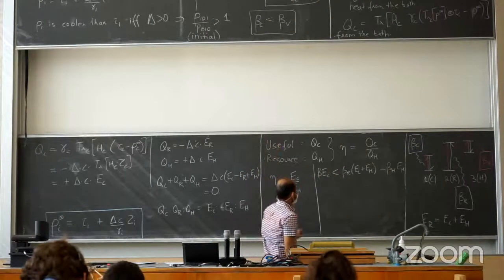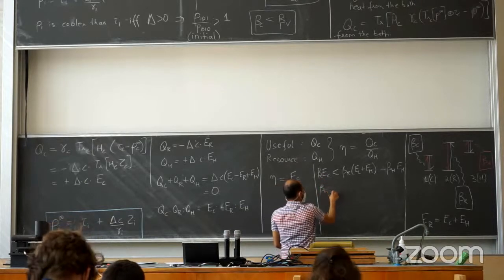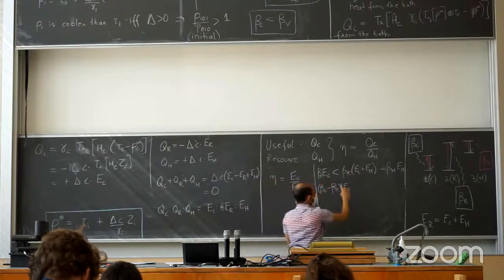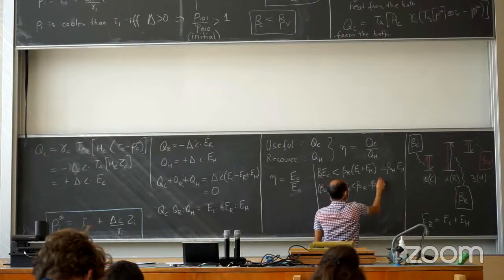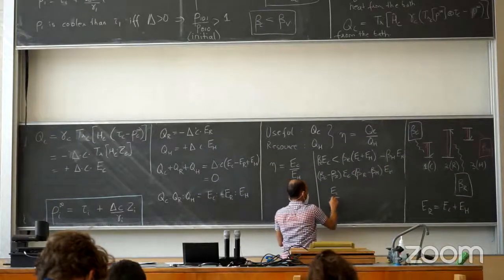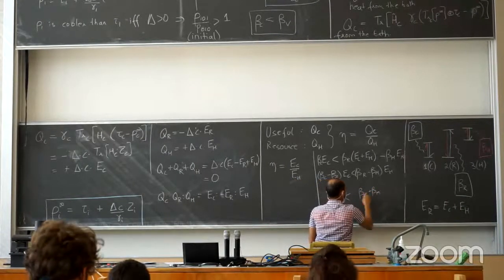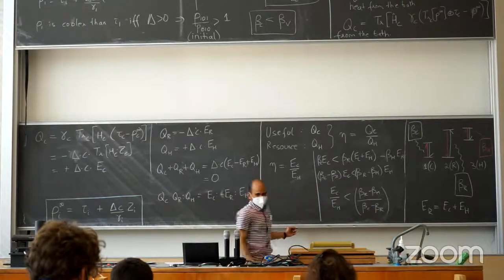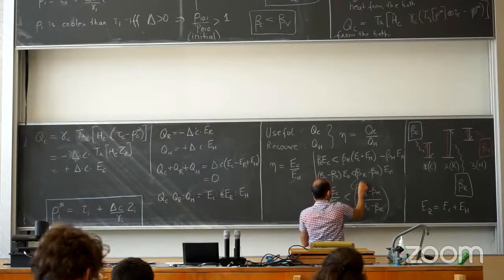And now I can rearrange terms. I have, sorry, beta C minus beta R times EC. So I've taken the terms with EC on the left-hand side. I keep the terms with EH on the right-hand side. Is less than beta room minus beta hot, times E hot. But this gives me EC over EH is less than beta R minus beta H upon beta C minus beta R. And this, you may or may not remember, is actually the Carnot limit